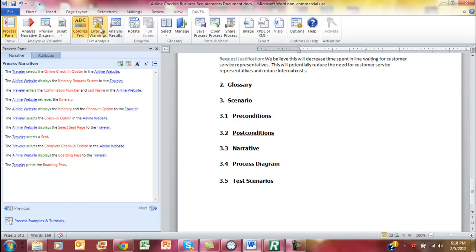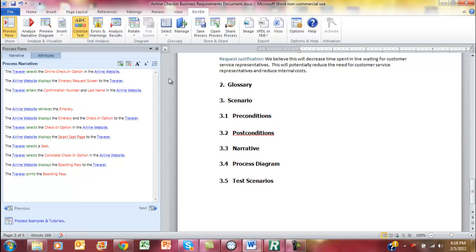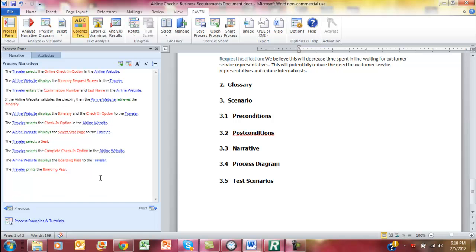So I want to turn off this, and now we're going to add an alternate path inside of here using a conditional set statement. So we're going to add a conditional statement right here that says if the airline website validates the check-in, then we're going to say then the airline website retrieves the itinerary, and down here we're going to add an otherwise